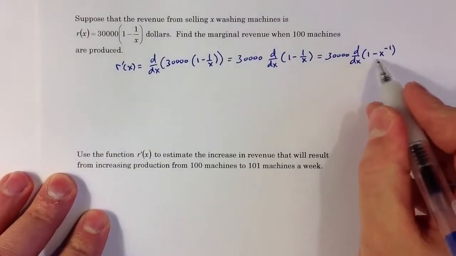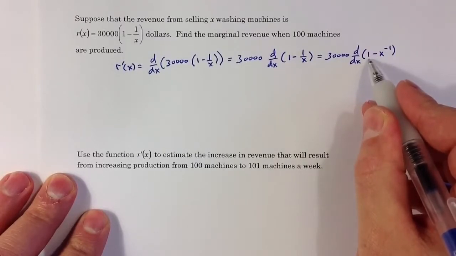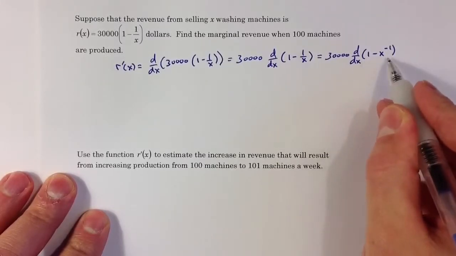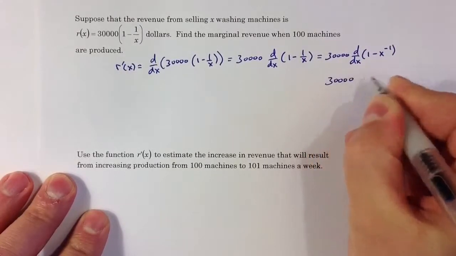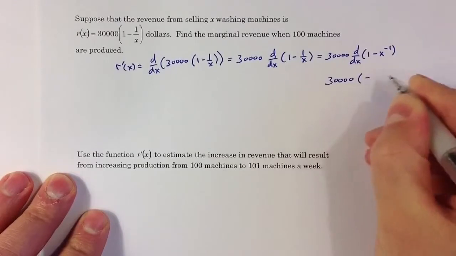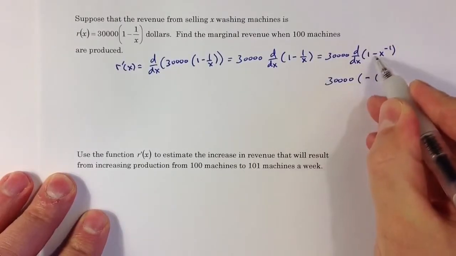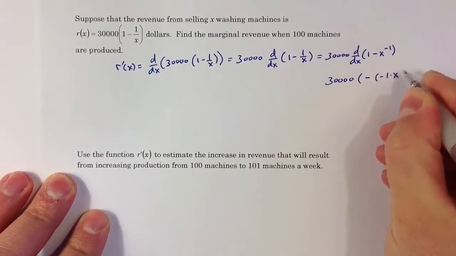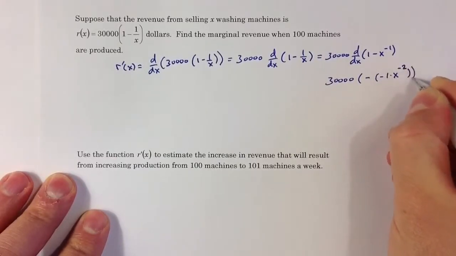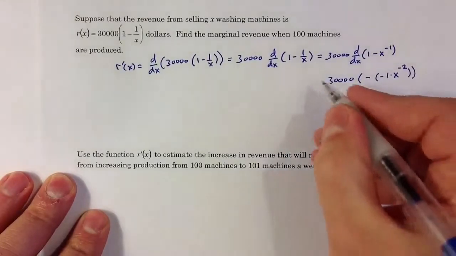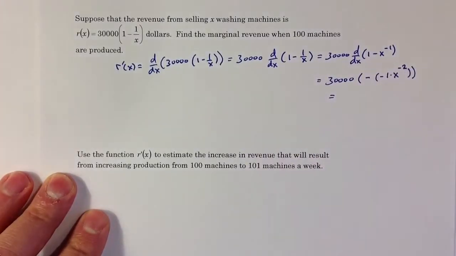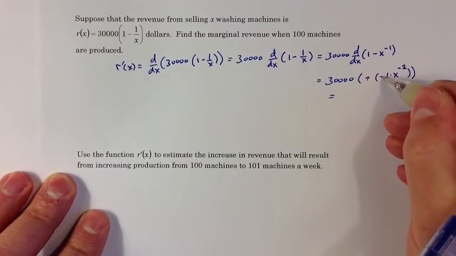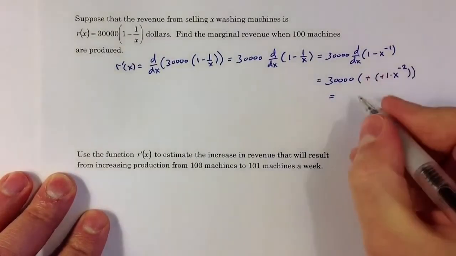And so now I can apply the simple rules to both of these. The 1 is simply a constant term, and so it goes away. It becomes 0, and the derivative of X to the negative 1 is going to be negative from the minus sign, and then negative 1 times X to the negative 2, because I want to subtract 1 from the negative 1. And so we can rearrange this into a slightly nicer form. If we make this a positive exponent, and if we cancel out these two minus signs, we end up with 30,000